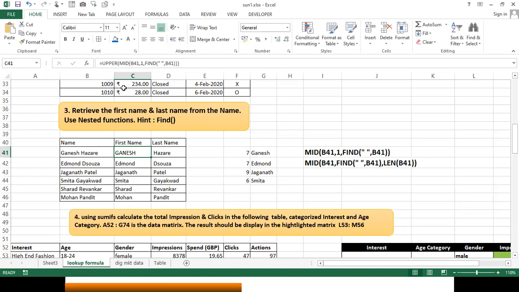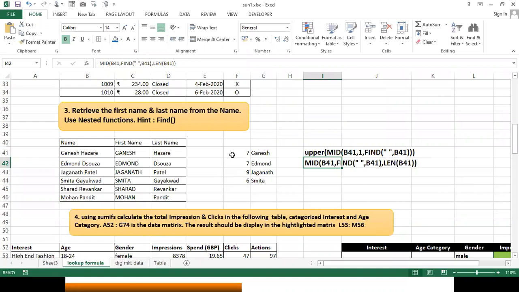Just look at what I have done. Instead of only writing mid, I have given upper. It will give me whole capital letters. Now, if I pull it over here, everything is given in capital letters. So instead of this, if I write upper and close it over here, it gives me capital letters.